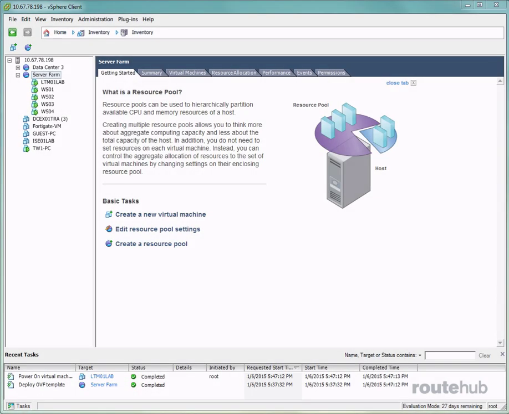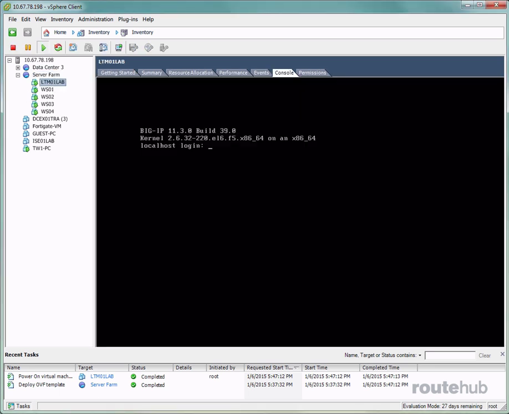At this time, our BigIP appliance has been set up and powered on, which you will see right here under the resource group called Server Farm. So now in this video, we're going to assign an IP address to the management interface on our appliance based on our network diagram. So let's go to the virtual machine for that appliance and make sure that you're under